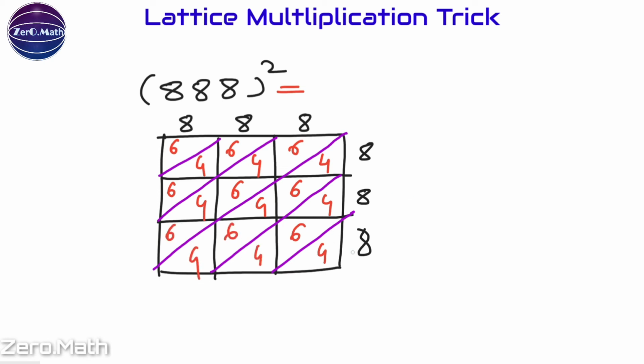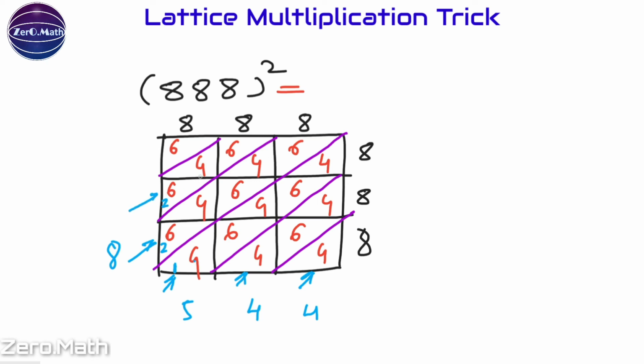Now let's start adding the parts. My part 1 is going to be 4. For part 2, let's add: 6, 4, 10 and 4, 14, carry 1. So let's add the next part. 4 plus 1, 5. 6 plus 4, 10, 6 plus 4, 10, so it will be 20 plus 4, 24 and 1, 25, carry will be 2. Let's add the next part. Again 6 plus 4, 10, 6 plus 4, 10, 20, 6, 26 and this 2 is 28, carry 2.